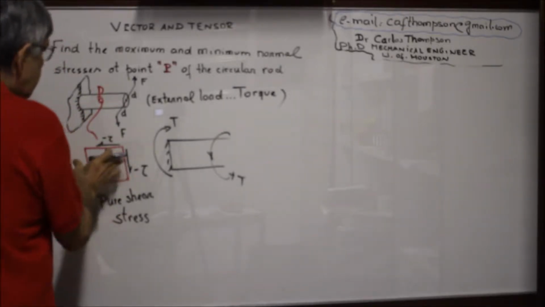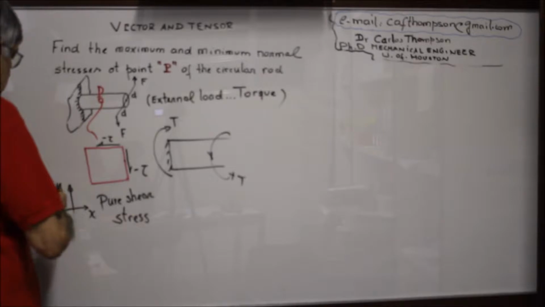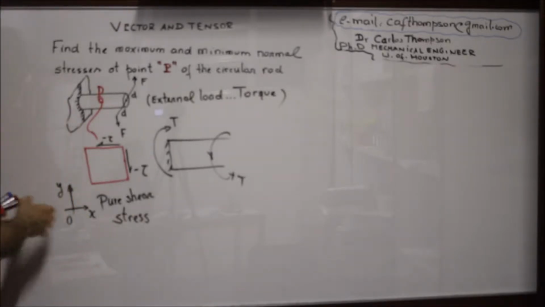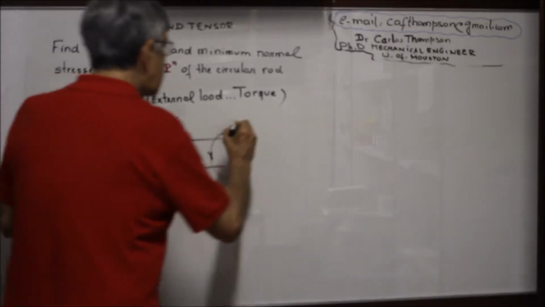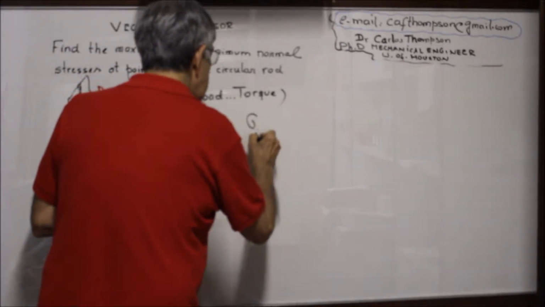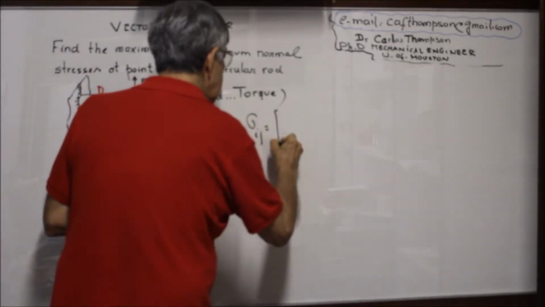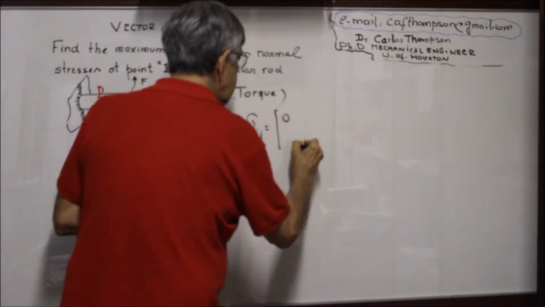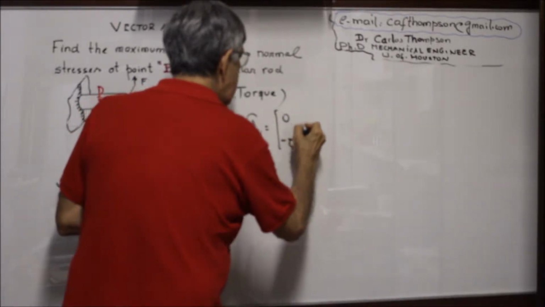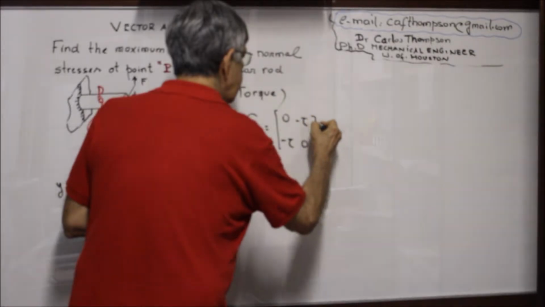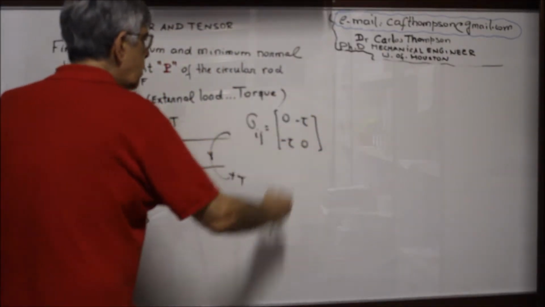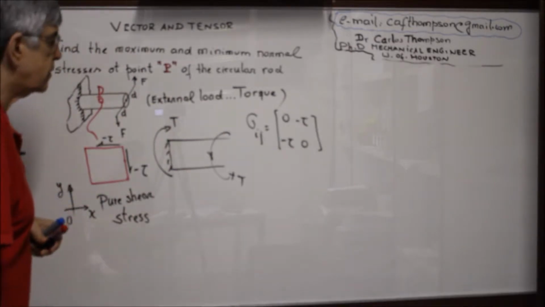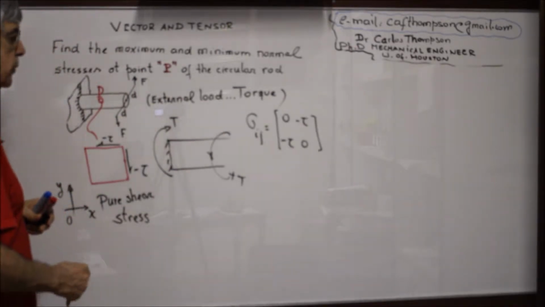Now let's analyze this element here. This is the XY, unprimed system. So sigma ij is equal to 0, 0, minus tau, and minus tau. You see? There are no normal stresses. Now, let's